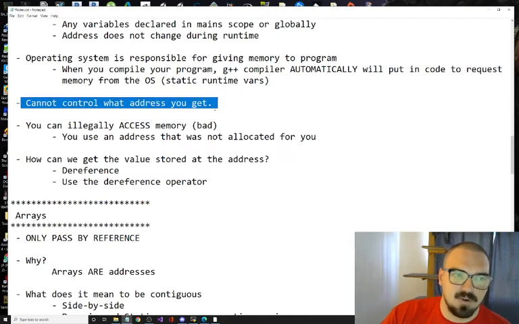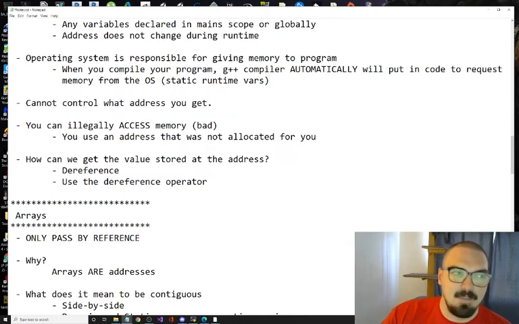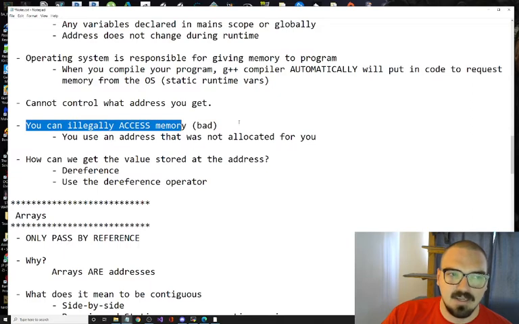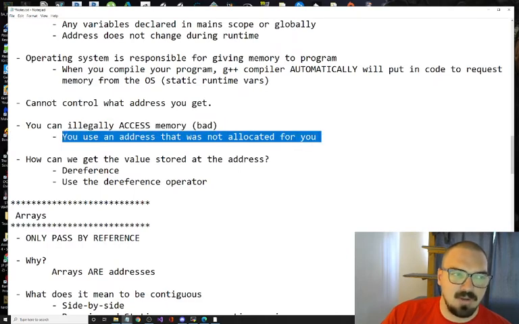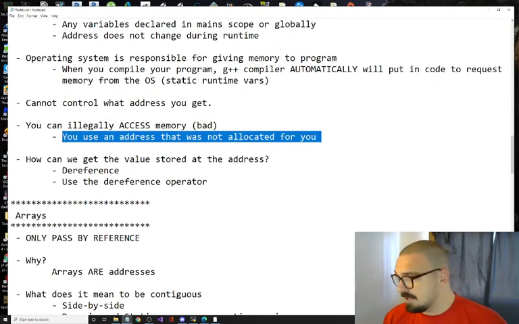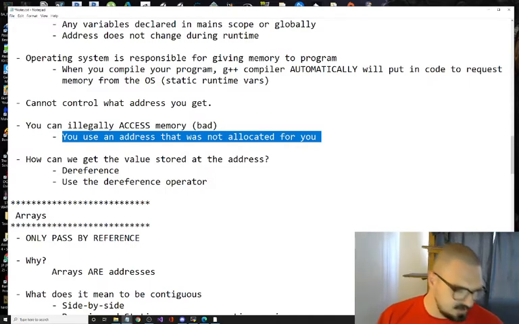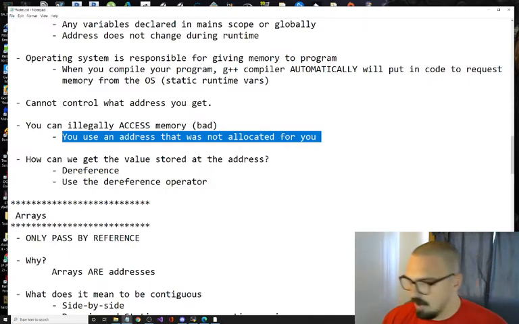Remember, you cannot control the address you get. You can type in an address if you want, but chances are it's going to be an illegal access, which is very bad, in which you're going around in your RAM and using memory that doesn't belong to your program. So say you've got a family server. Your dad or mom is some crazy engineer, and they've got this huge machine in the center of the house.